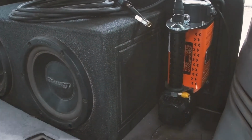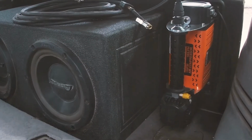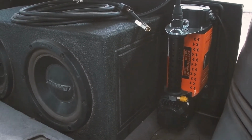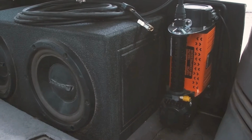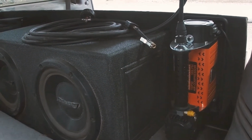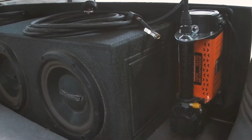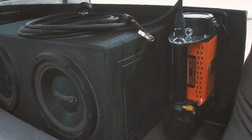This baby's a beast. I love it. What can you say? 15 minutes, you got all four tires aired up. Less than 15 if you're airing on the trail. You're looking at 10 minutes to go from 15 pounds up to 40 on all four tires. So yeah,